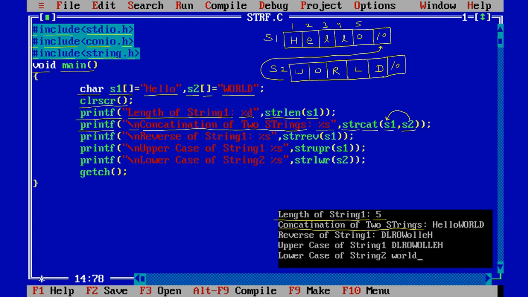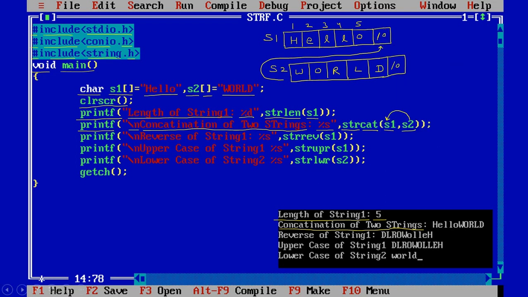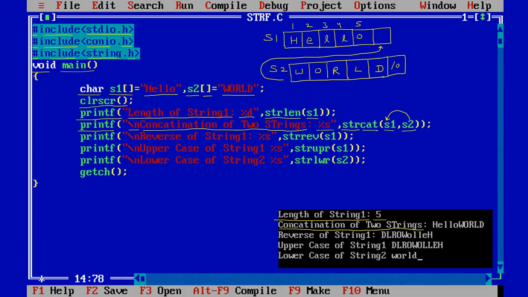Now the end is \0, so this \0 is now replaced with the new character, that is W. Now here the W will come, at the place of \0. Now afterward WORLD. So now both are combined together.